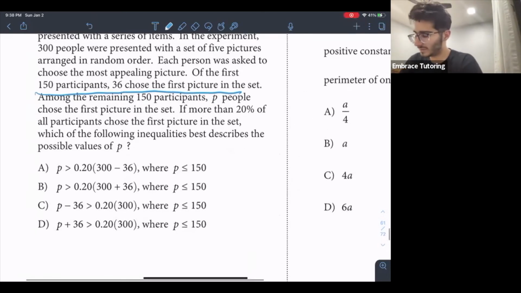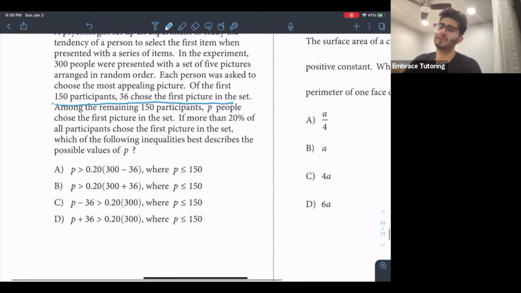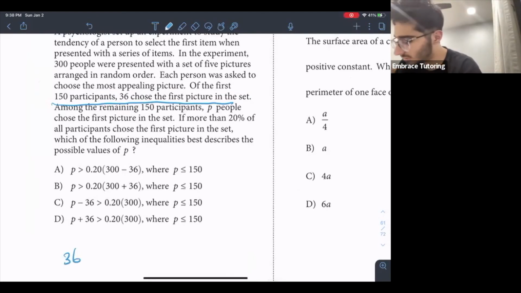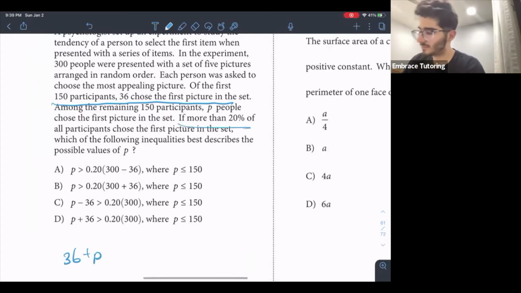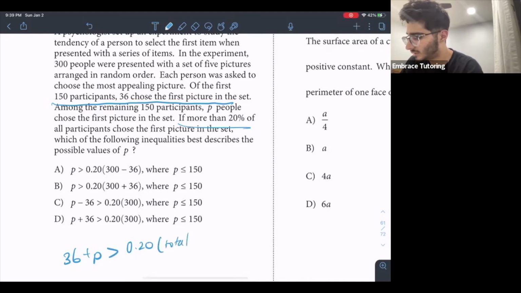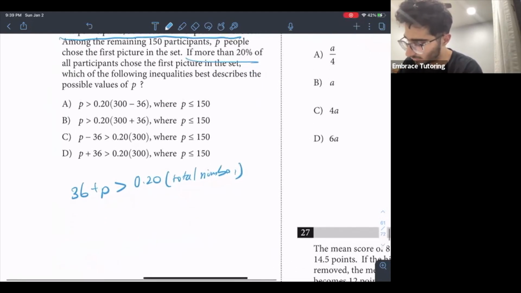So basically, if they said that 36 chose out of the 150, it'd be 36. And then out of the other remaining 150, P people chose it, so it'd be plus P. And that has to be more than the 20% of all of the participants that chose the first picture. Must be more than, and then 20% would be 0.20 of the total number, which would mean that it would be 36 plus P is greater than 0.20